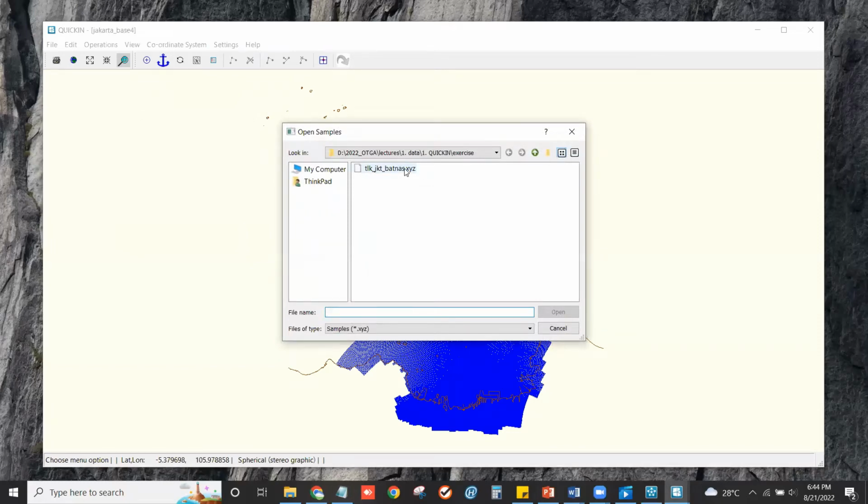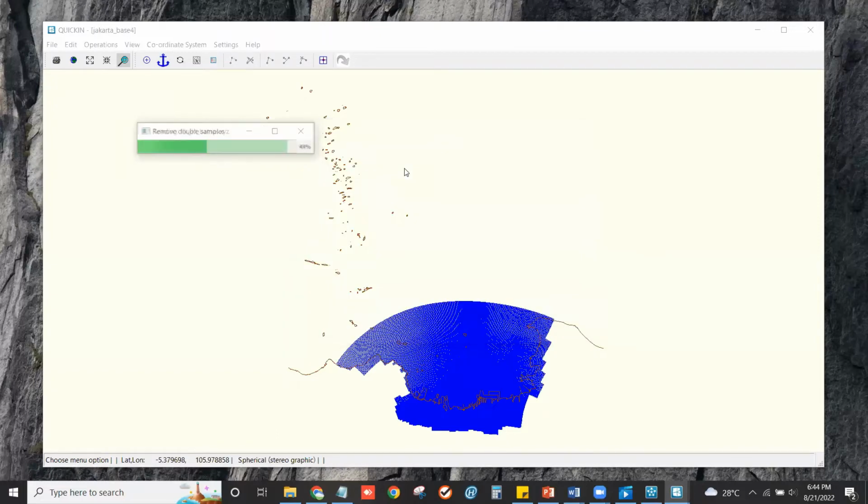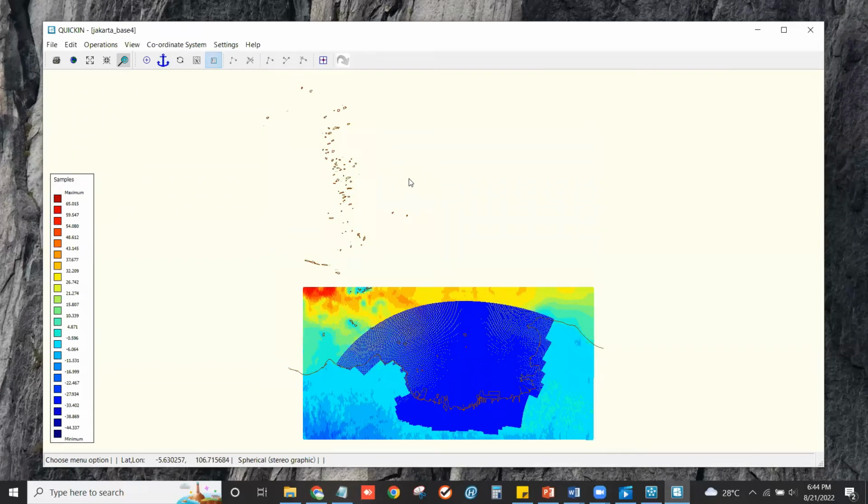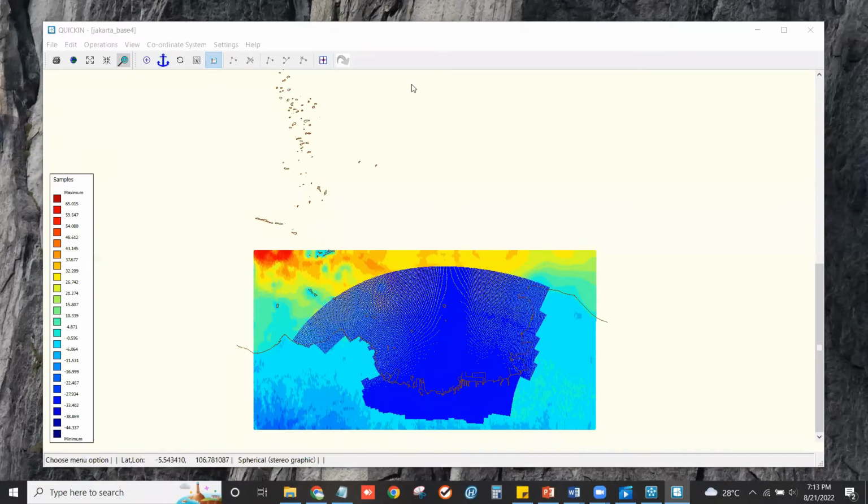Samples is bathymetry, you know. Click. Okay, all data has been opened. Okay, on to the next part.